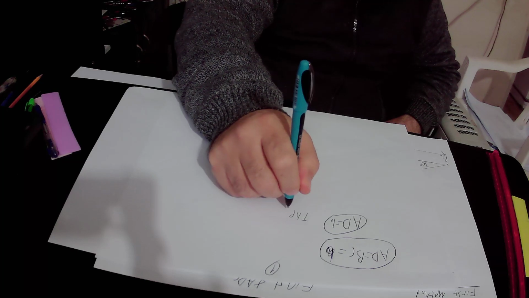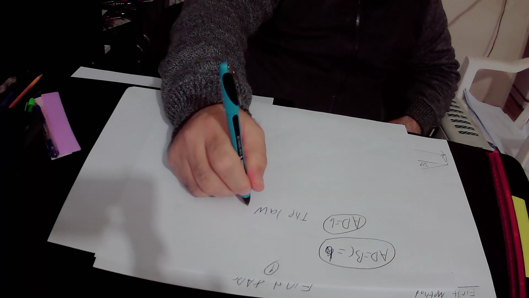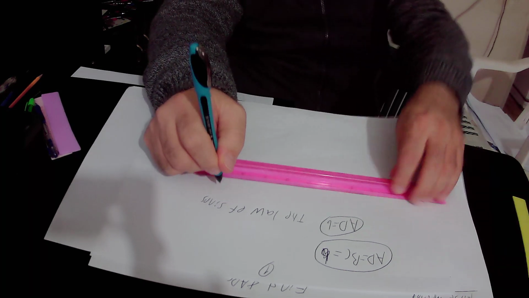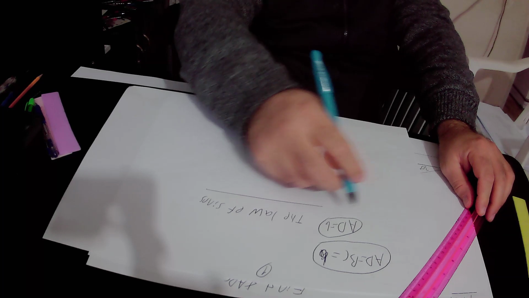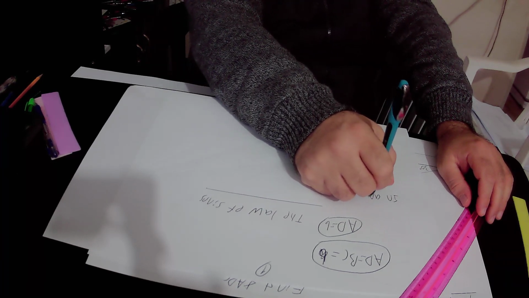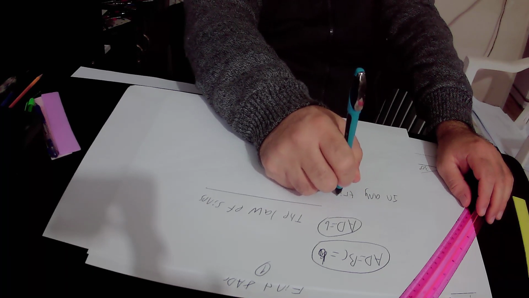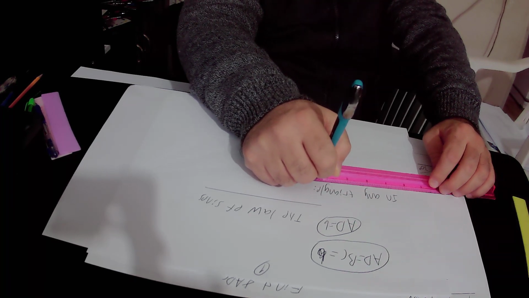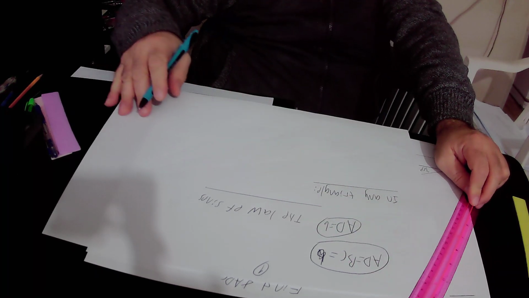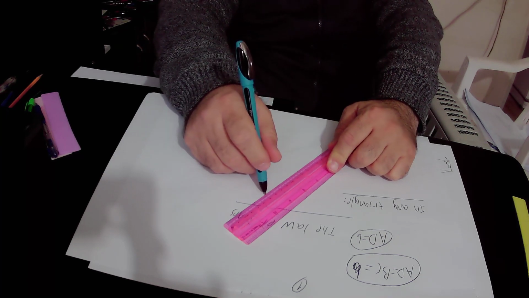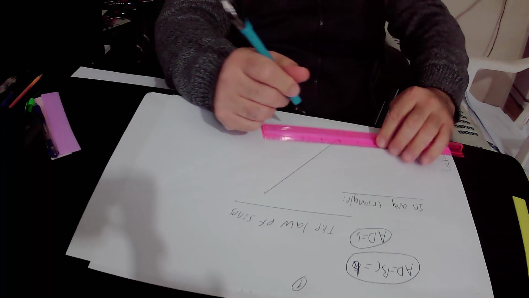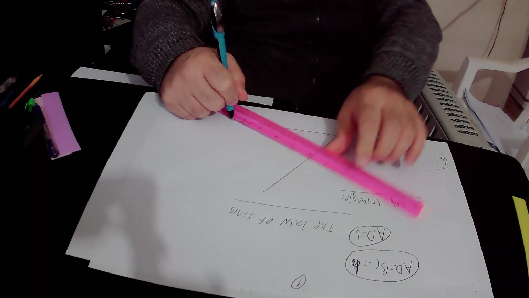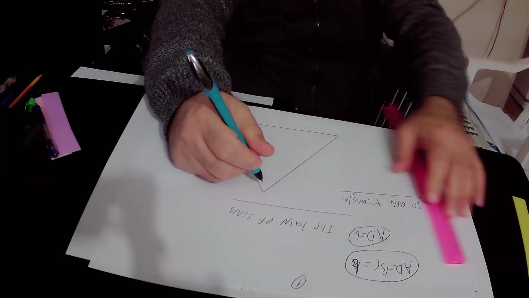The law of sines is true in any triangle, so we can write down that in any triangle, if we have triangle ABC, that could be any triangle, this is triangle ABC,